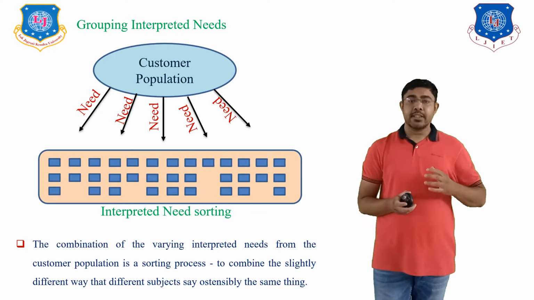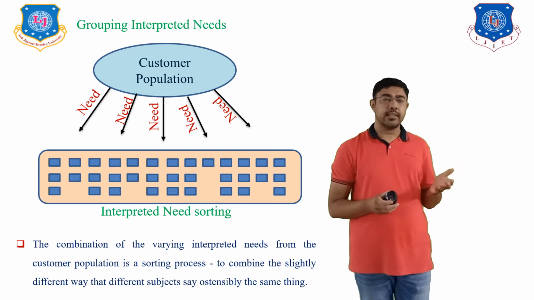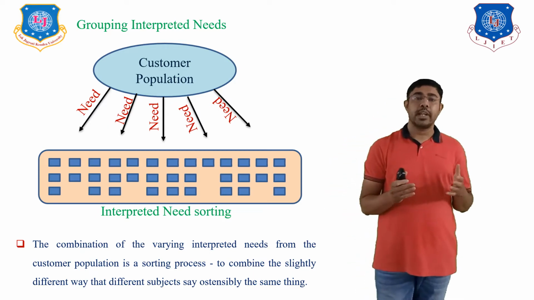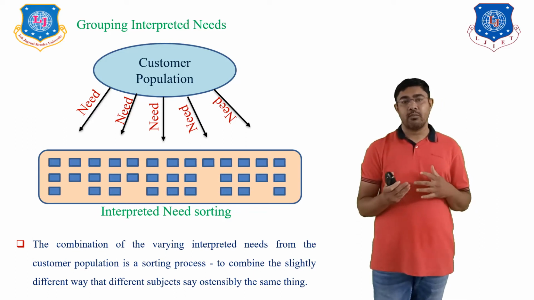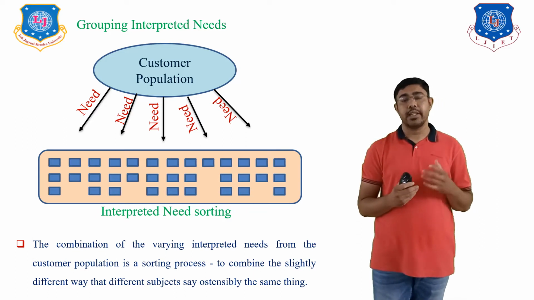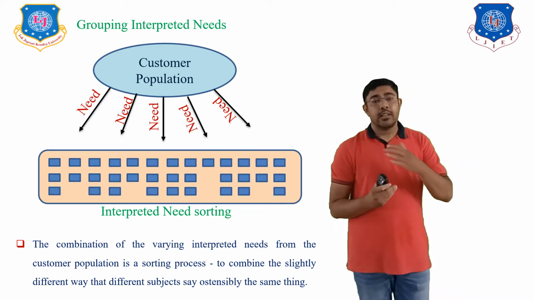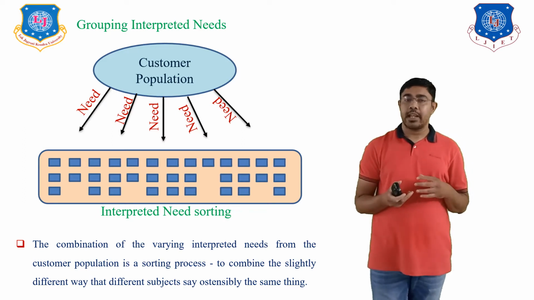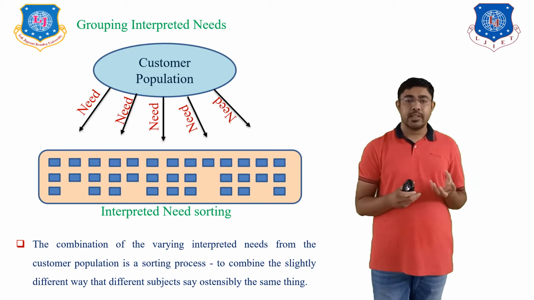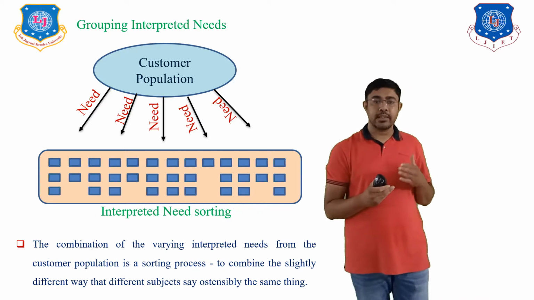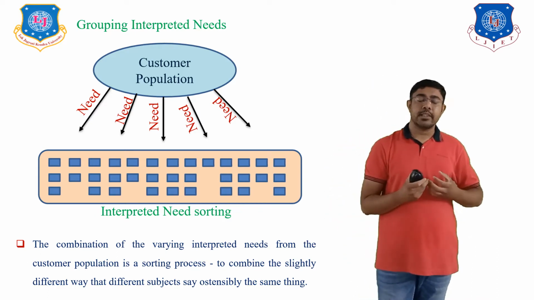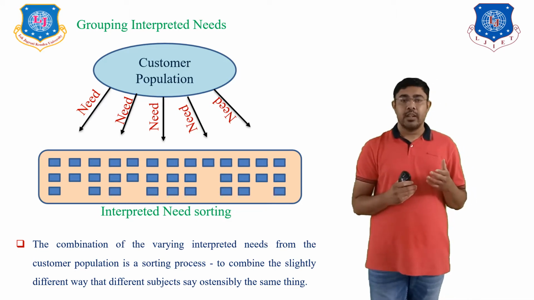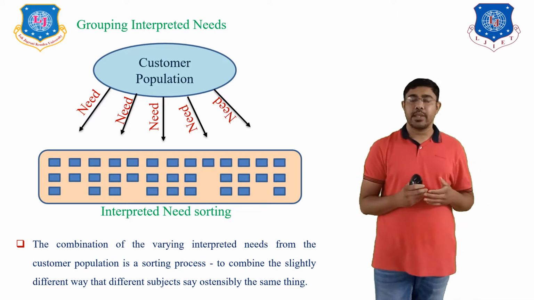In the previous lectures, we learned how to identify the customers' needs, what the importance and goals of identifying the customers' needs are, the types of customers' needs, and how to get the customers' needs. For that there are four methods of gathering the customers' needs. First is the interview, second is the questionnaires, third is focus groups, and fourth is meet the customers.